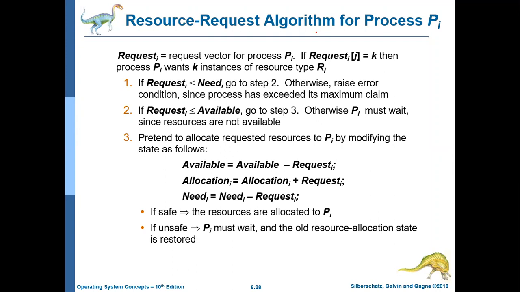Even if we are having that particular amount with us, we need to check that after allocating those resources to that process, there should not be any deadlock in the system. If after allocating those resources to that process a deadlock may arise, then we will say we are not going to allocate those resources to the process. So this algorithm will tell you whether you are going to allocate the resources to the process or not.